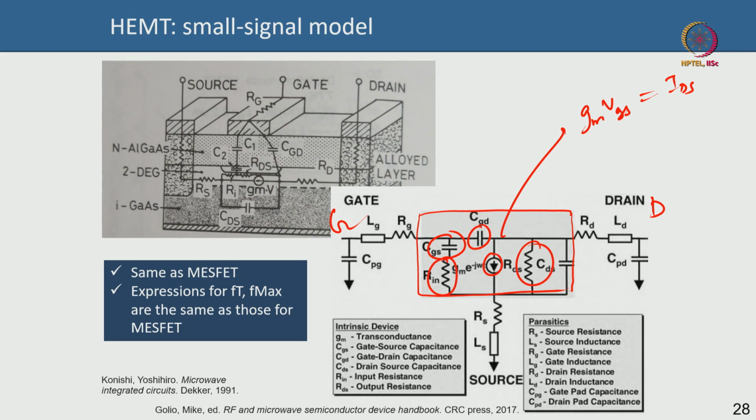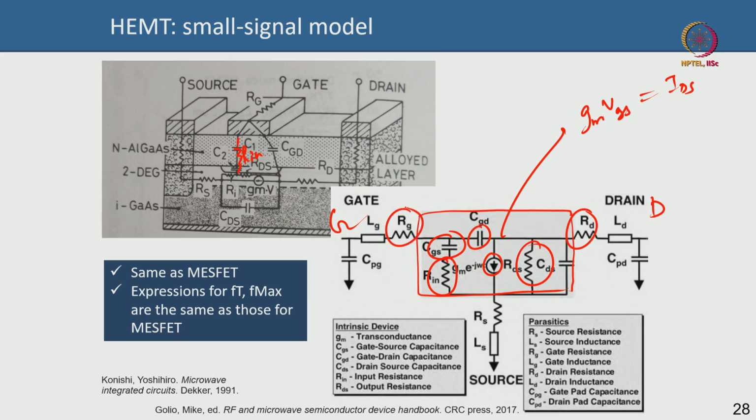And of course you have Rin. Rin is your barrier resistance, so the gate leakage Rin here. The AlGaAs barrier is an insulating barrier, so that is the resistance. It should ideally be infinity, but it is not infinity, so you have it there. Outside are all extrinsic, so this is your drain excess resistance plus drain contact,